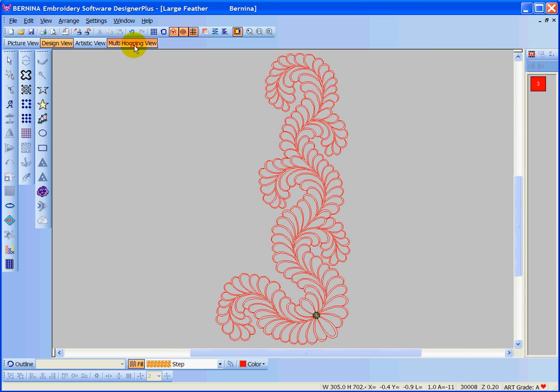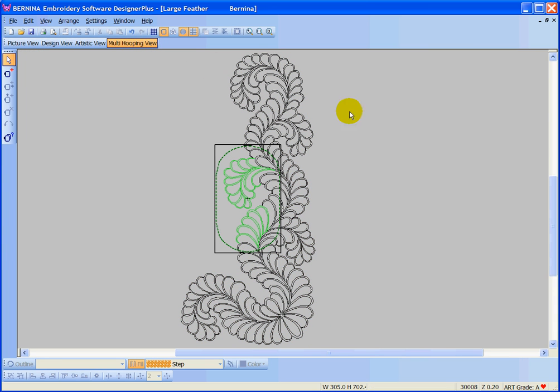So let's go into the multi-hooping view, and it automatically has the one hoop that I've selected. Remember, you can only use one size hoop, so you need to figure out what's going to be the best. I wanted as few hoopings as possible, but I personally don't care to rehoop in the mega hoop, and that's just a personal preference. If you do, that's great. So I'm using the oval hoop,